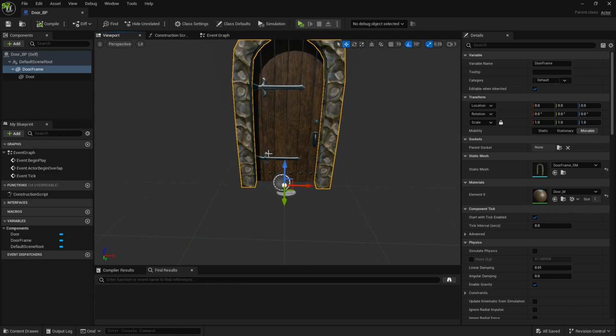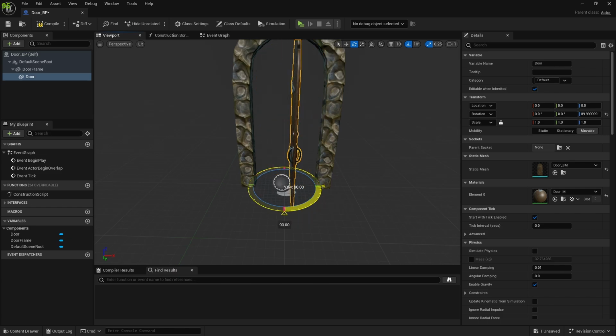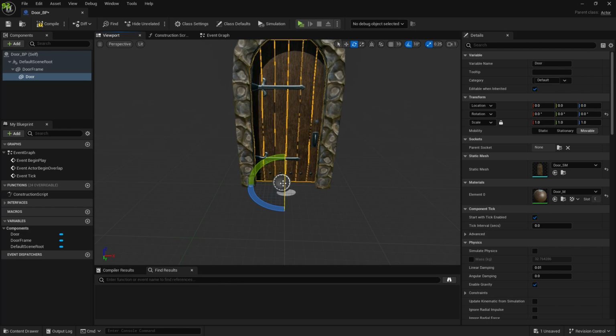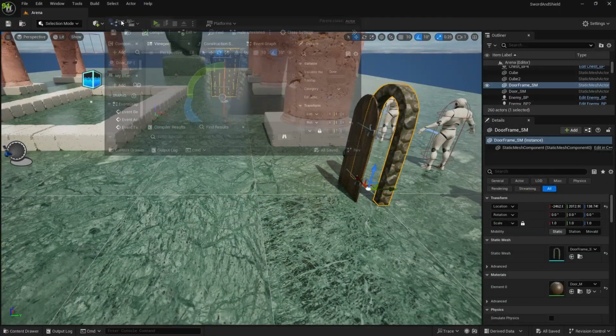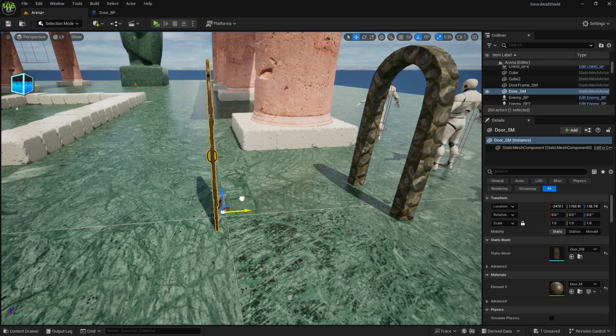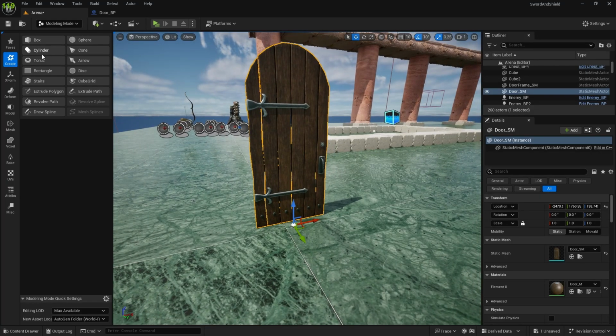One problem we will have is if you select the door and you want to rotate it, you can see that it rotates from the middle, and that is because it has a pivot point in the middle. So to change the pivot point in here, since we already have a modeling tool, let's go to selection, go to modeling, and to change the pivot point here in the Unreal Engine, we can